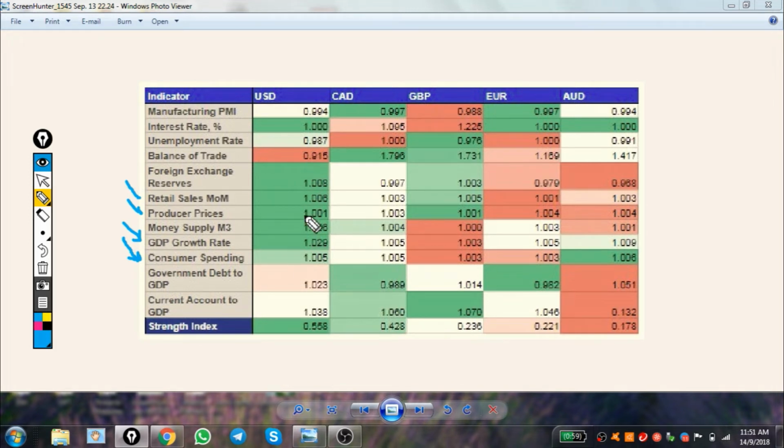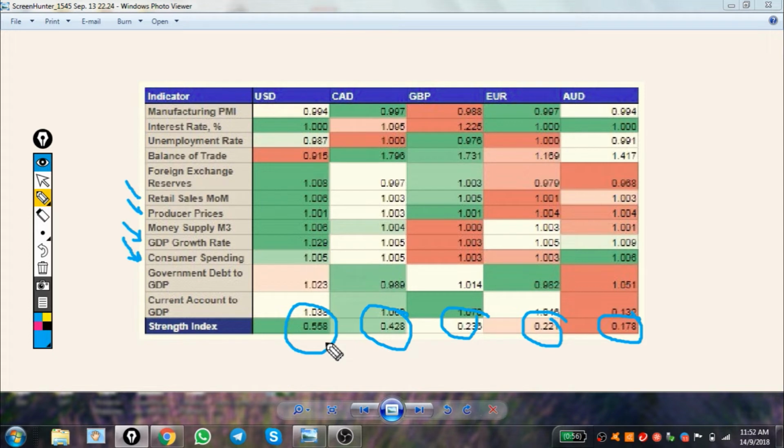which will have a scale and a numeric reading representing whether, based on these 12 variables, the particular country's economy is doing well, and therefore how it will affect the currency. Based on these 12 variables, we get a total strength index, you can see here. Now, the higher the number, obviously, the better the currency or the economy is doing. And if the currency is doing well, then of course we expect that currency to move higher.